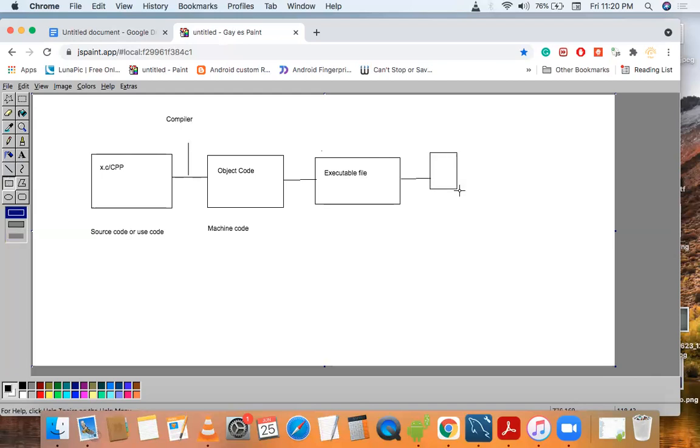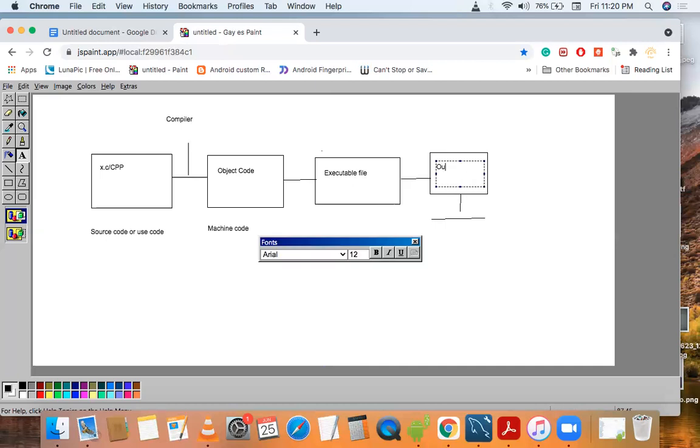So this is our system, and here we can see our output. This is the general diagram to execute any program like C, C++, or Java.